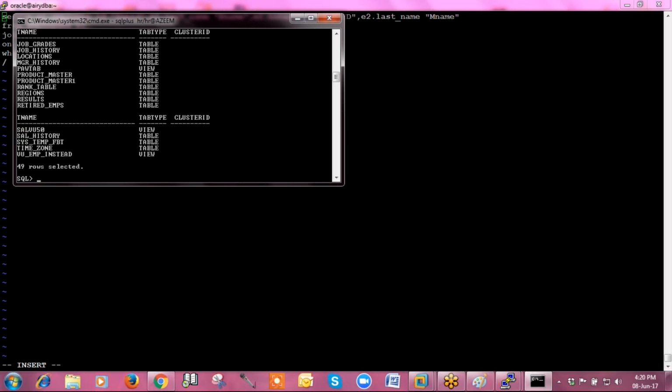But I am doubtful that HR exists in your database, because we never create HR schema or sample schema in our production environment. But you can access that particular user schema where you are working with your application. There must be a schema that is storing your application tables, and you can access that schema as well by using this.